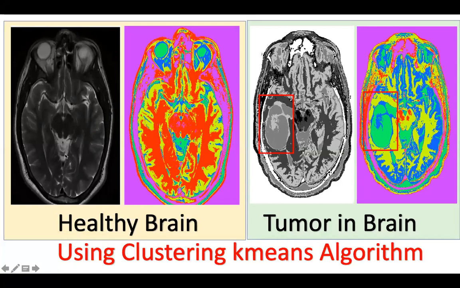This first image is a gray image of the brain, and this is the color image of the healthy person. The third image is the grayscale image again of the person who has the brain tumor, and similarly, this is the color image of the same person who has the tumor. So these two images we are going to use in our algorithm to identify whether the person has a tumor or not. This healthy brain image will be our training data set.